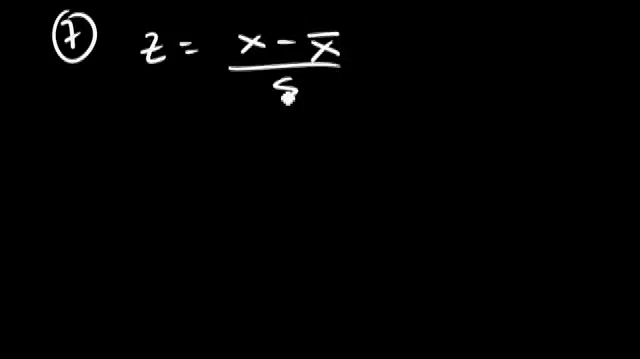Question 7. Comparing z-scores. We're going to use z is x minus the mean divided by the standard deviation. Which score has a better relative position? A score of 252 on a test for which the mean is 240